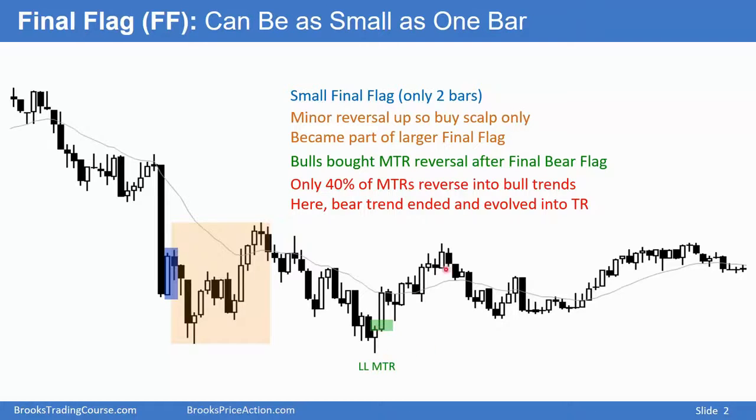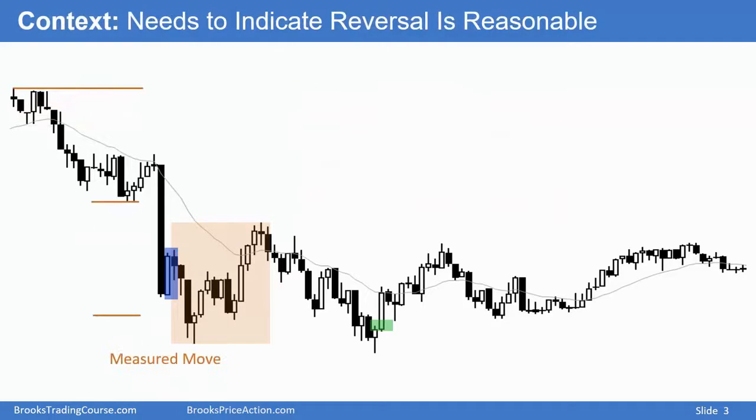If you bought here, it would be a swing profit getting out below that low, or holding for a second leg up and then exiting maybe somewhere in this tight trading range once the bull trend became more neutral, possibly at the end of the session. In the neighborhood of a measured move target,